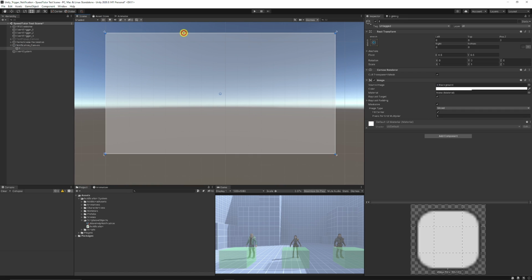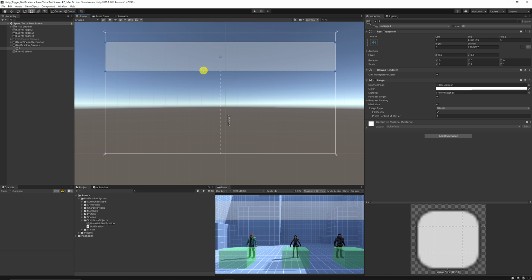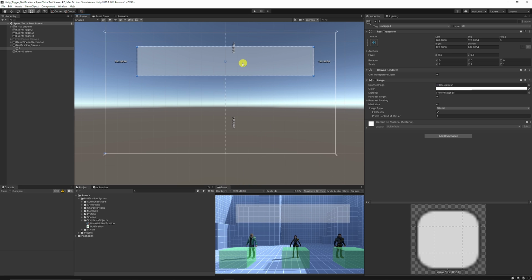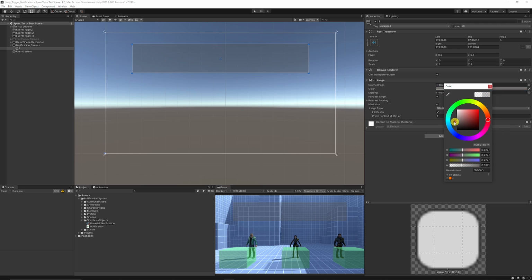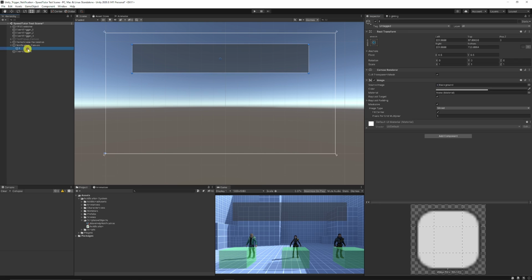use. I'm just going to scale this down slightly to whatever size I want my notification to be. So I want it to look a little bit like this, and you can see my preview down here. And I'm just going to centralize this, as you can see along the top. I'm going to set the background to more of a dark, and then the opacity is already down, so you can click on the color and change the alpha channel of that. Now I'm going to call that my main panel for the actual notification that